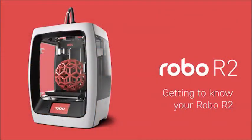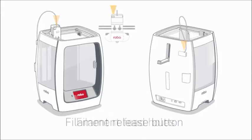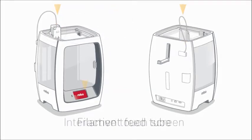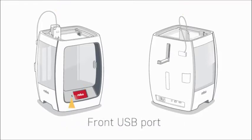Getting to know Robo R2. Now, let's take a look at all of the key things that make up Robo R2 3D printer. Here are the major parts of the Robo R2. Filament feed holes, filament release button, extruder nozzle, filament feed tube, interactive touchscreen, front USB port, filament sensor block, 2